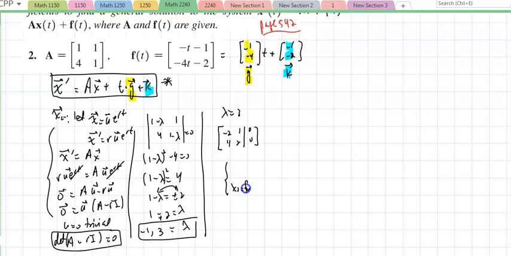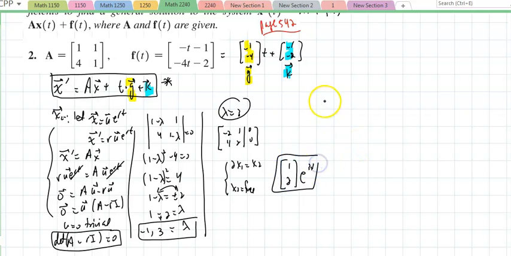x2 is free, and 2x1 equals x2. So here, if I let x1 equal 1, x2 will be 2, e to the 3t. We did that before, nothing new, I'm just reminding you. And if I take lambda equal negative 1, then I'm solving the equation 2, 1, 4, 2, 0, 0, multiplied